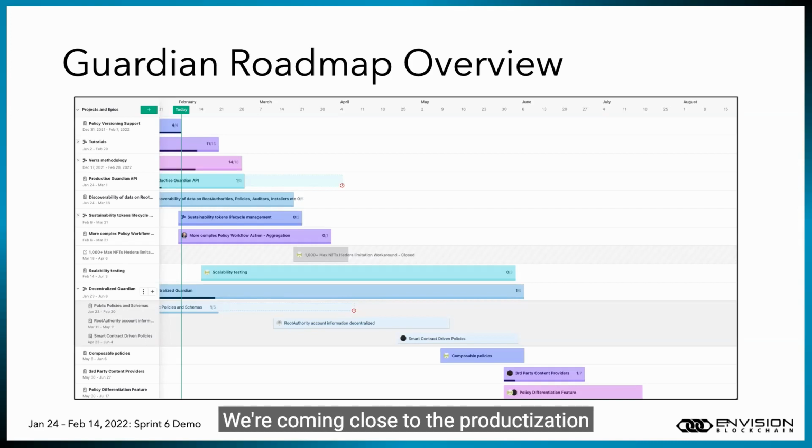We're coming close to the productization, as we're calling it, of the Guardian APIs, but that's always going to be a work in progress. We're going to be showing some interesting things with regards to the discoverability of the data towards the middle of March and so on and so forth. So you can see that we have definitely some epics that are planned out that are going well into the summertime. Some of the epics that we are going to be starting out on, for example, one to mention is the scalability testing. And we're always going to be continuously looking for ways to decentralize the Guardian,